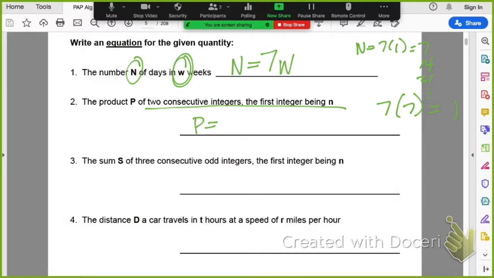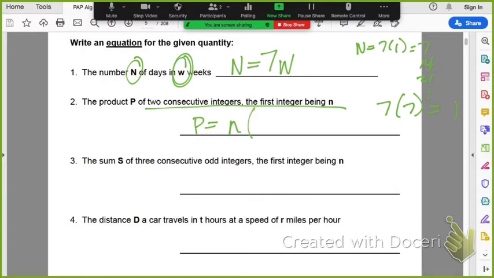So in order to make something consecutive, that means they need to be back to back. And the difference between 3 and 4 is how many? 4 minus 3 is 1. The difference between 4 and 5 is 1. Difference between 5 and 6 is 1. So if I know that the first integer is n,